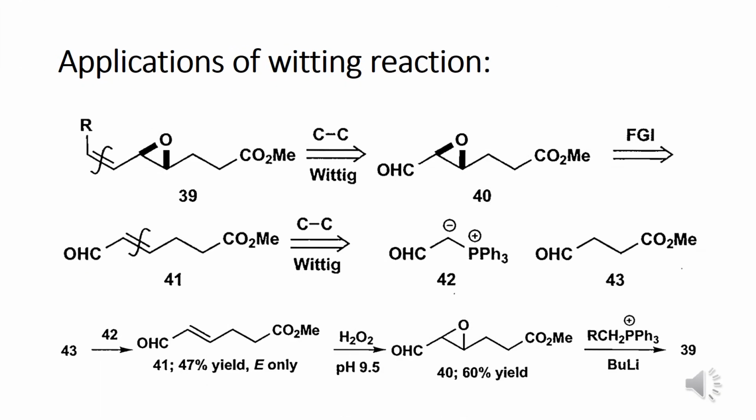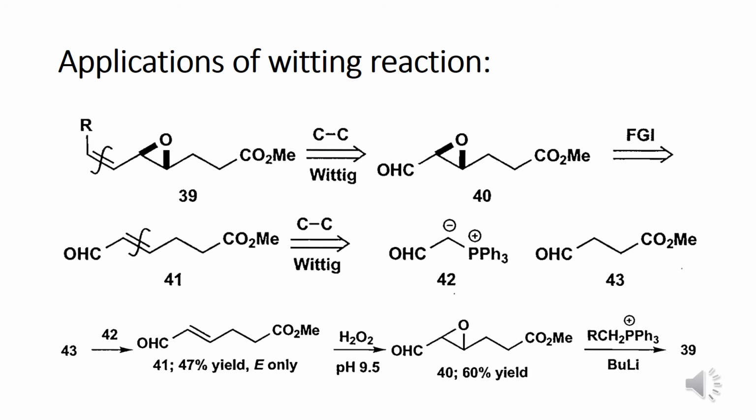Now, applications of the Wittig reaction. An excellent application of the distinction between stabilized and unstabilized ylide is in the synthesis of a leukotriene antagonist, the intermediate, that is structure 39, where R is a saturated alkyl group of either 6, 11, or